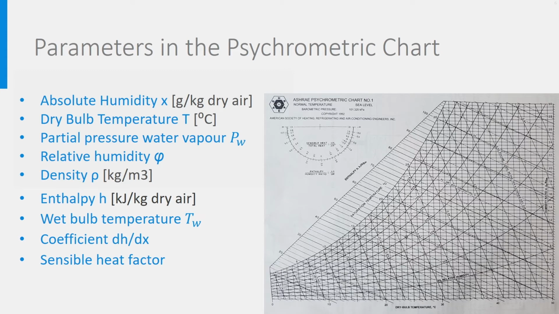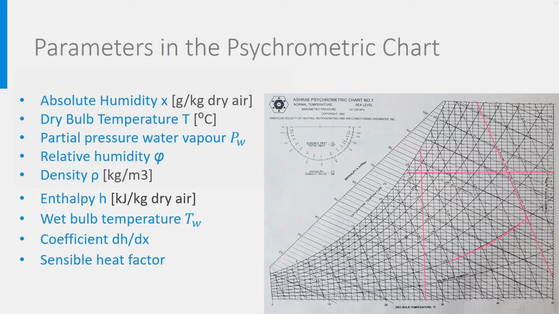You may have a preference for using the psychrometric chart instead of the Mollier diagram. So, here it comes again in the psychrometric chart. First, the absolute humidity plotted on the vertical axis right. Then the dry bulb temperature plotted on the horizontal axis below. The partial water vapor pressure is unfortunately not plotted on this diagram. The relative humidity lines are there, while the density can be found here.